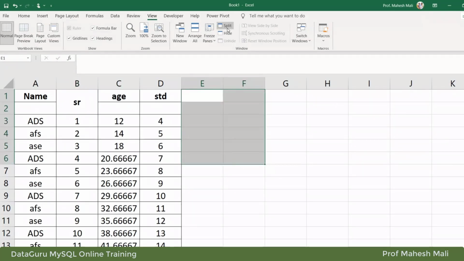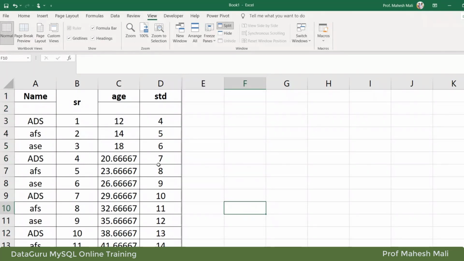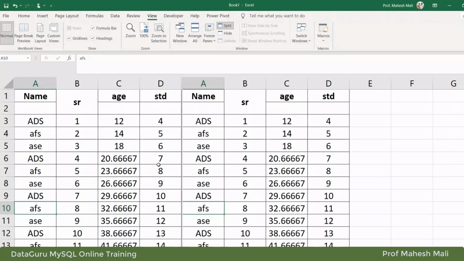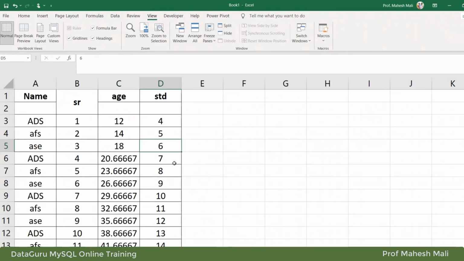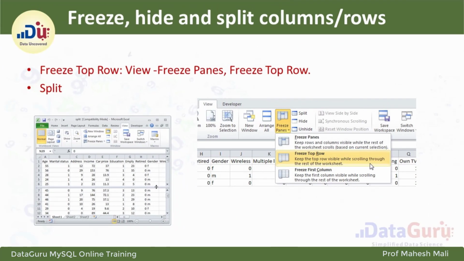ओके, सो यहाँ पे उसने ऑलरेडी स्प्लिट कर दिया है. ठीक है, 2 शीट्स में उसे स्प्लिट कर दिया उसने. ठीक है, एक यहाँ पे और इसके बाद एक नया शीट. ठीक है, सो लाइकवाइज वी कैन डू स्प्लिट एंड ऑल. ठीक है, मैंने स्प्लिट निकाल दिया करंटली. सो दिस इज व्हाट इज स्प्लिट एंड फ्रीजिंग ऑप्शंस अवेलेबल विद द एक्सेल, राइट?